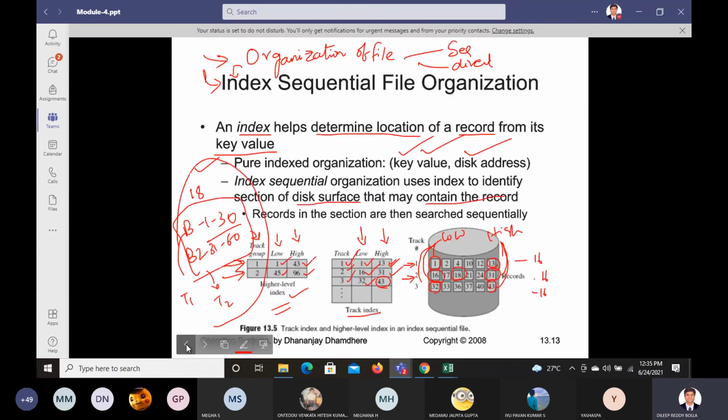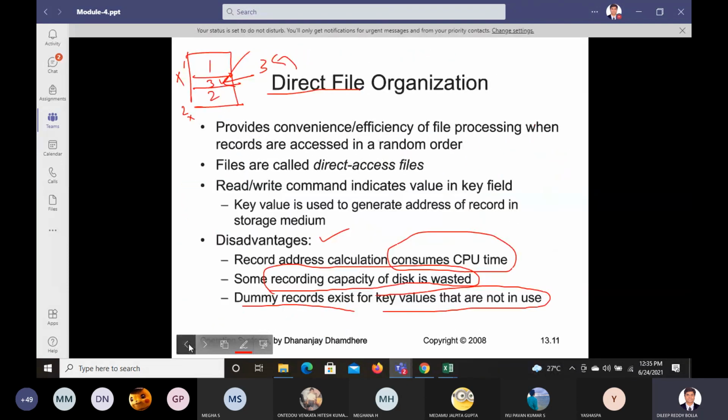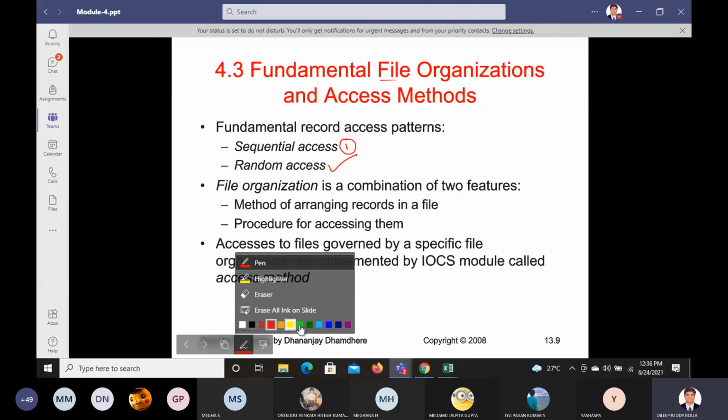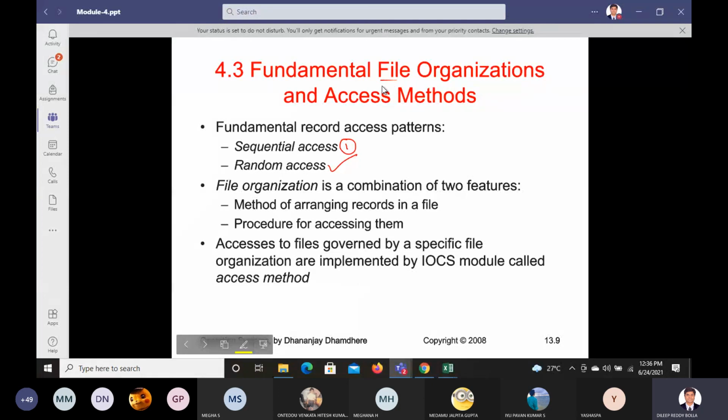Up to this file organization part, you need to be prepared for your second IA, till this 4.3 file organization. Okay, is that clear?